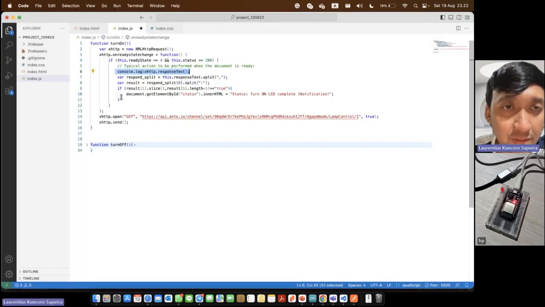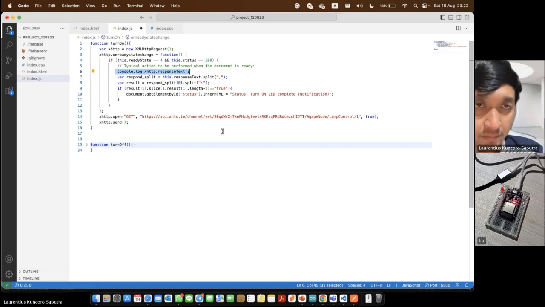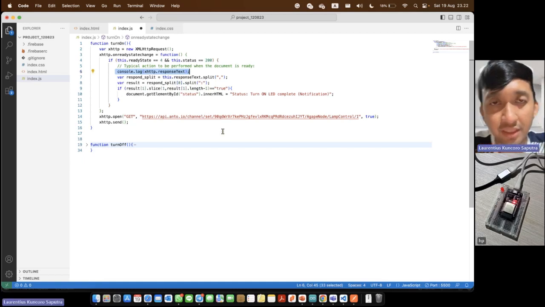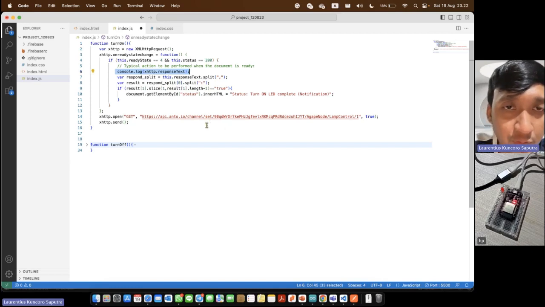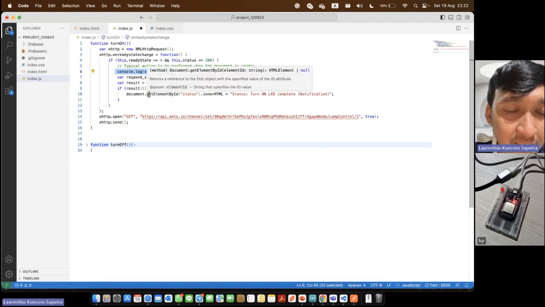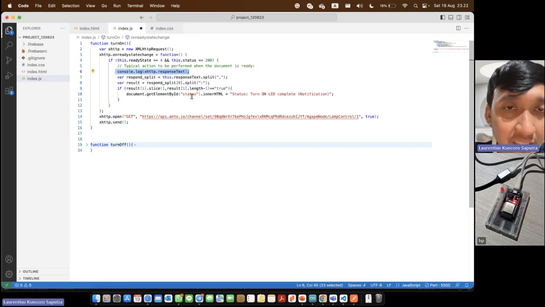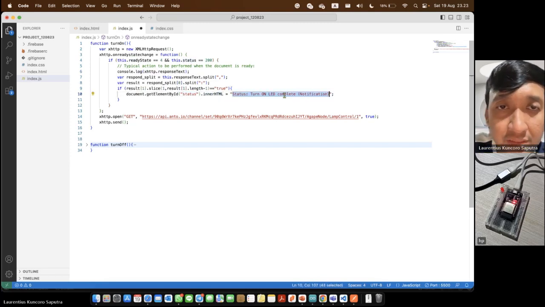And if result 1 slice is true, it means successful communication with Anto. I will get the element ID. I will update the element ID status in innerHTML with this text.